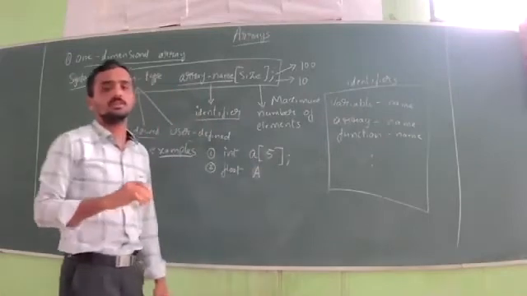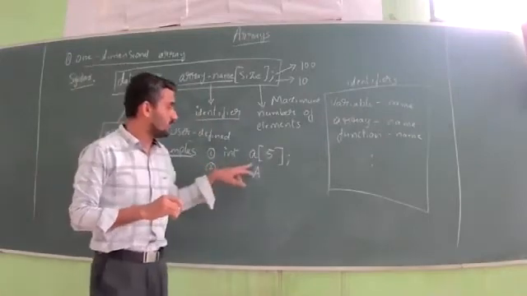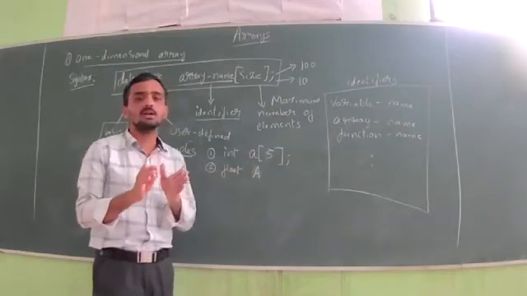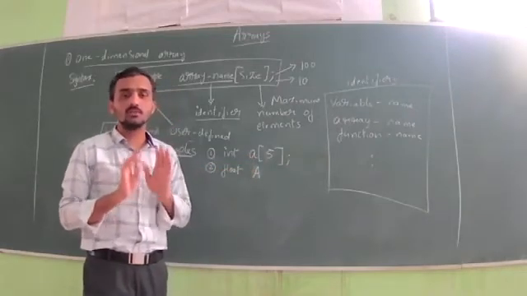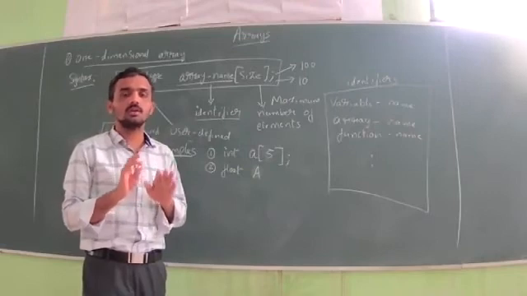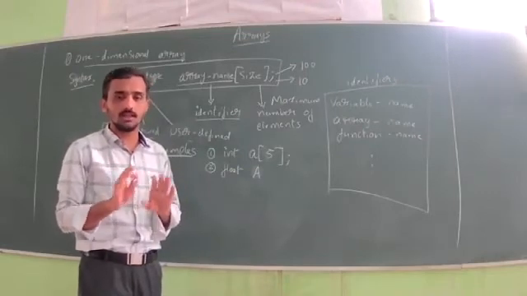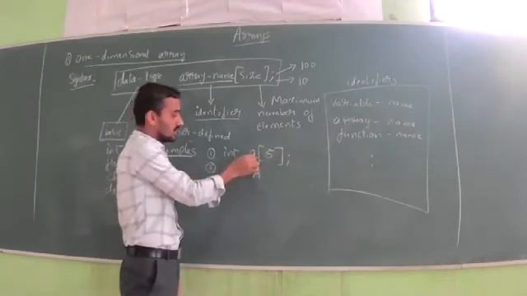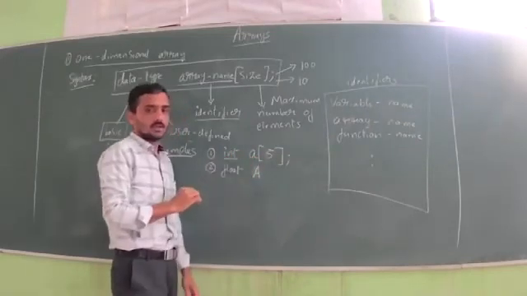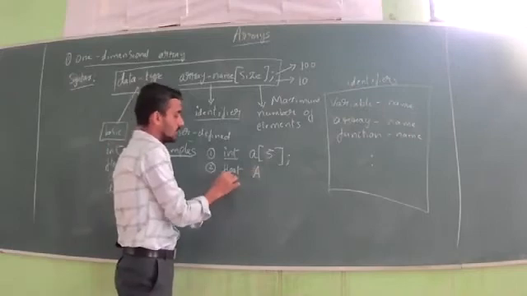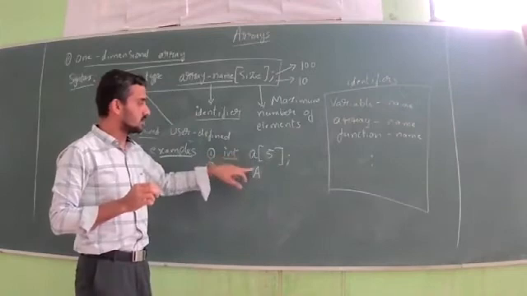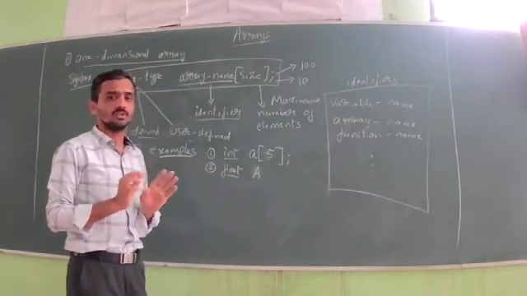That is also possible. Because in a program, small letter a identifier and capital letter A identifier are treated as different. Both are different in the program, so there will be no conflict at all. You will not get any error. But you see that whenever you are using small letter a, it belongs to integer type. Whenever you are using capital letter A, it belongs to float data. That you have to remember. That's all. But you can write capital letter and small letter, both different identifiers, both different arrays.